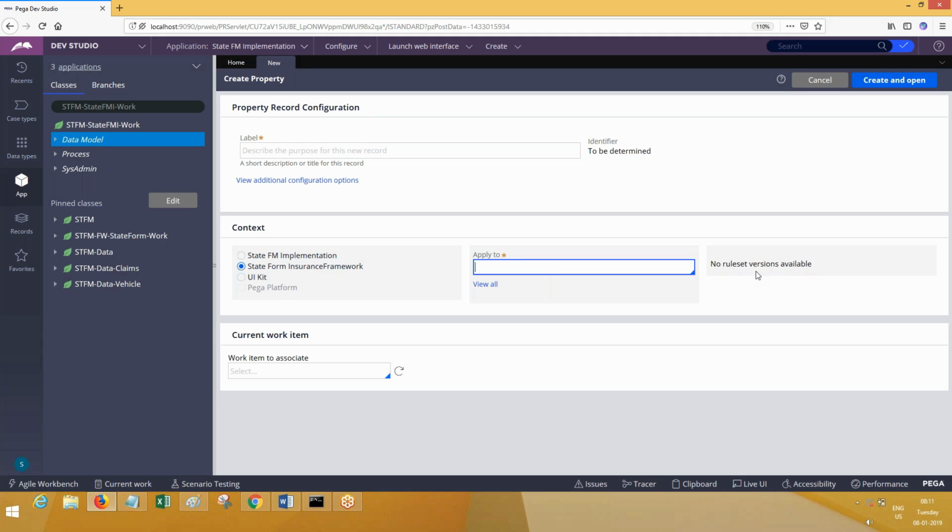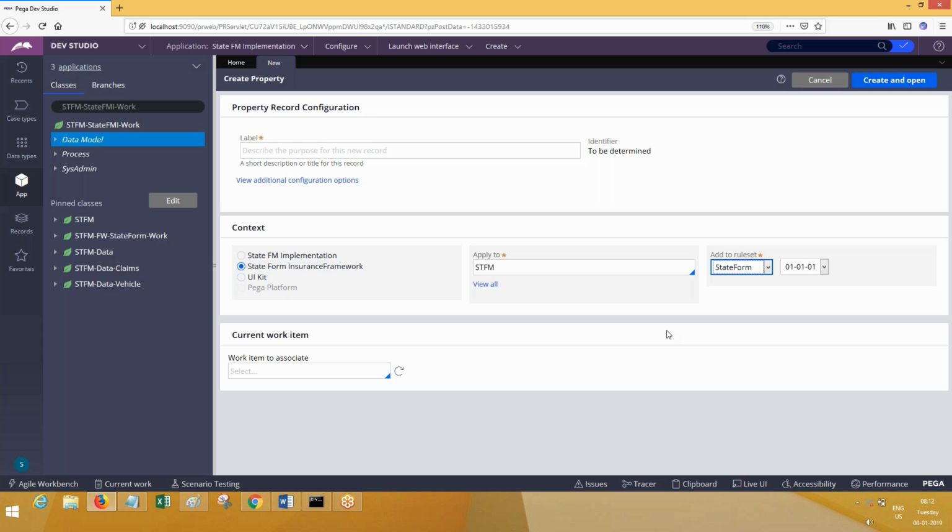If I choose STFM, is it possible? Now you see here, because your organization is common to framework and implementation. If you're creating rules in implementation related classes, what should be the context? Implementation context. The other one is, if you're creating rules in framework classes, the context is framework.